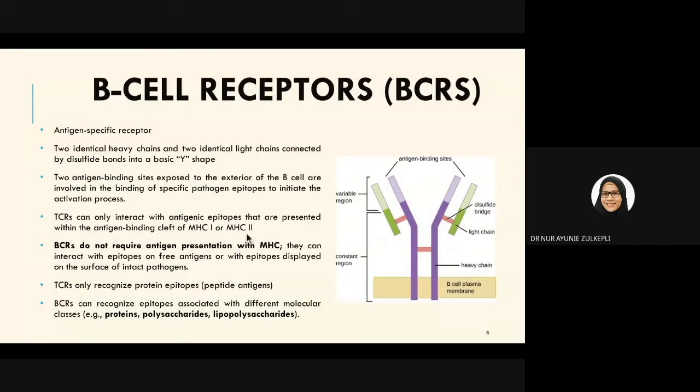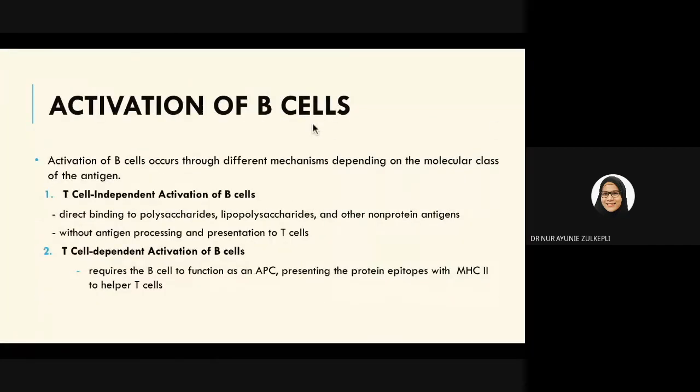Is everyone clear with the B cell receptor? We need to know this first in order to learn how B cells are activated. The activation of B cells can be divided into two different pathways. The first is T cell independent activation of B cells, and the second is T cell dependent activation of B cells. T cell independent does not require help from T helper cells. It can be a direct binding to polysaccharide, lipopolysaccharide, or other non-protein antigens without antigen processing and presentation to